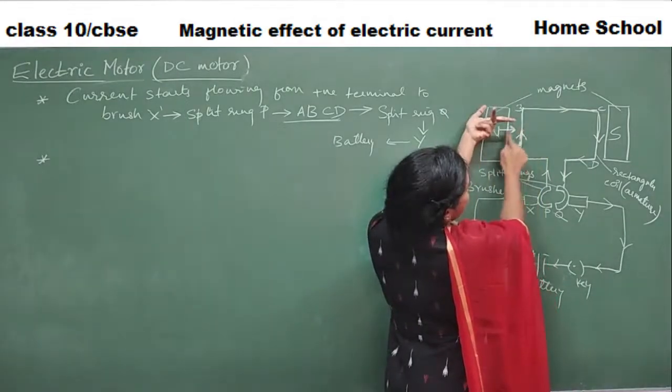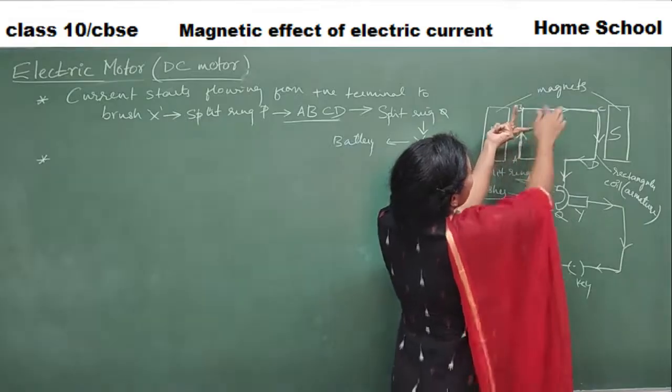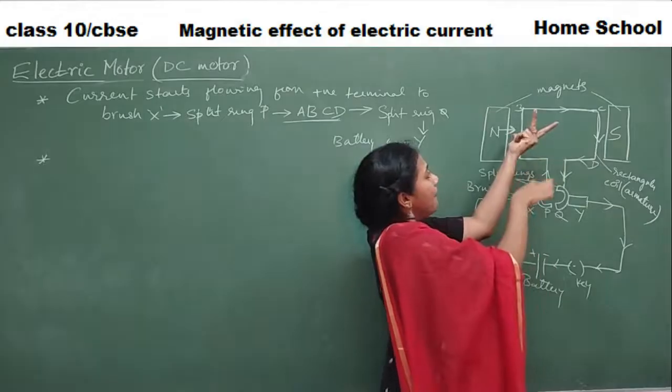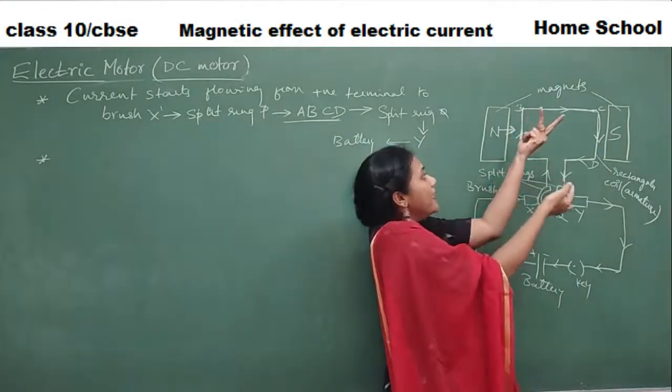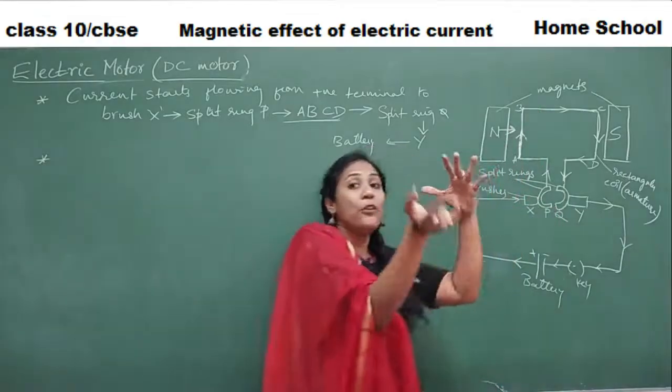Magnetic field direction is like this, horizontally. Okay. Current is bottom to top. Current direction is bottom to top. And where is my thumb? Thumb is into the page. Thumb is inside the board. That means the coil AB will move down.